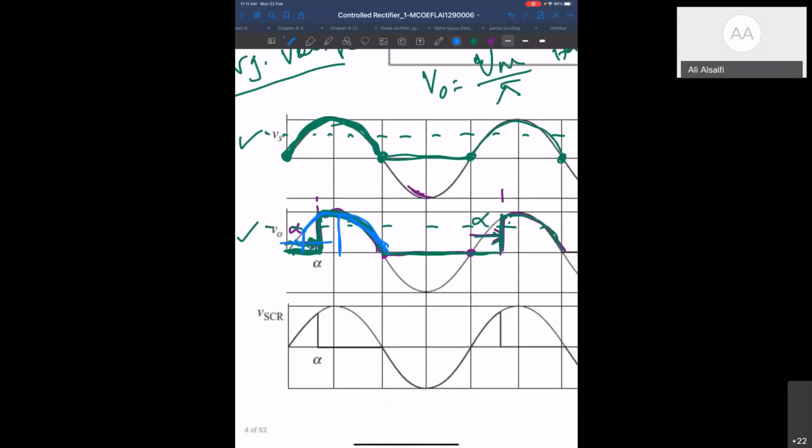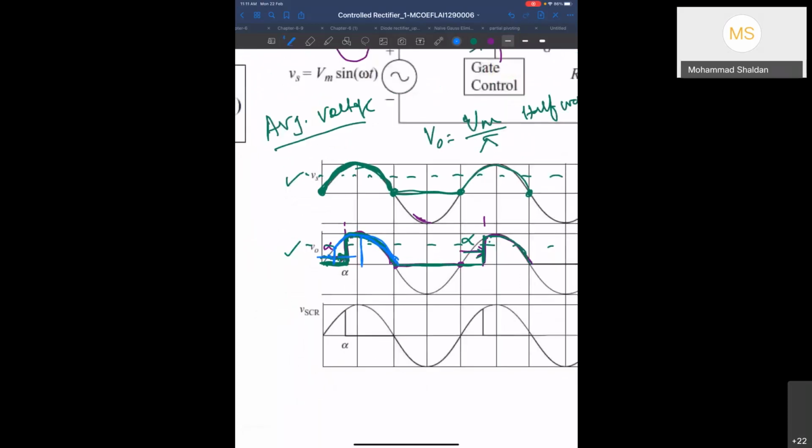Yes. Now, Doctor, in comparing the average value of voltage between the diodes and thyristor, do we need the average value to be high or low? No, it depends. Like, if you want to run your motor at low speed, you want to give it low voltage. You don't want to give it high voltage. So you want to reduce the voltage. When you want to reduce the voltage, you increase the value of alpha. You increase alpha.